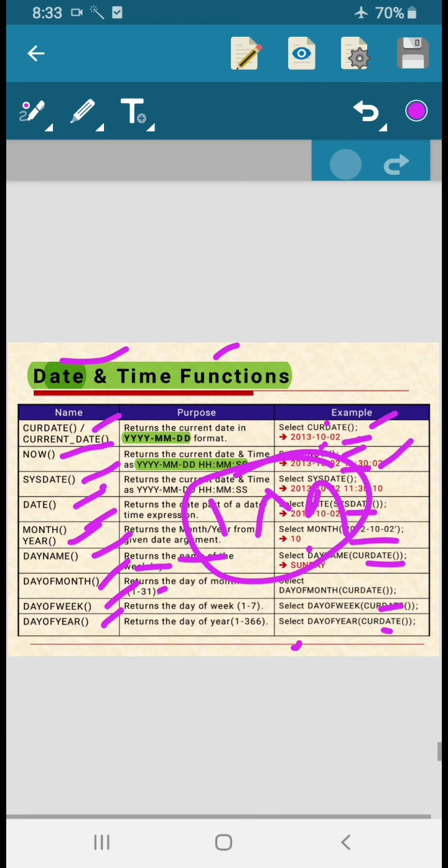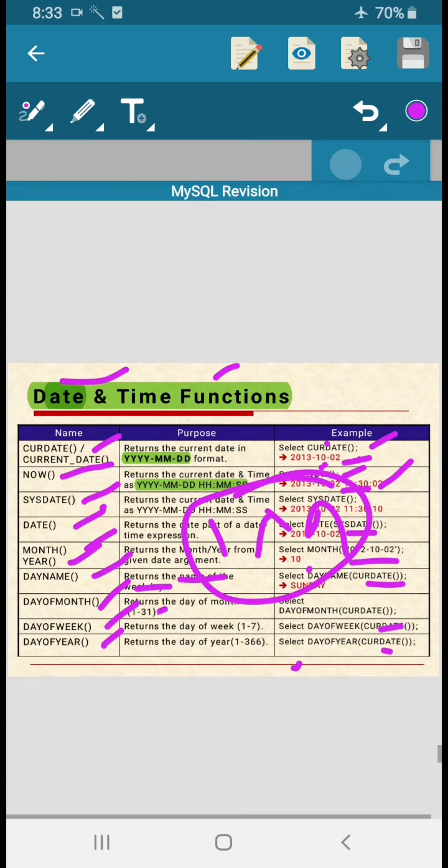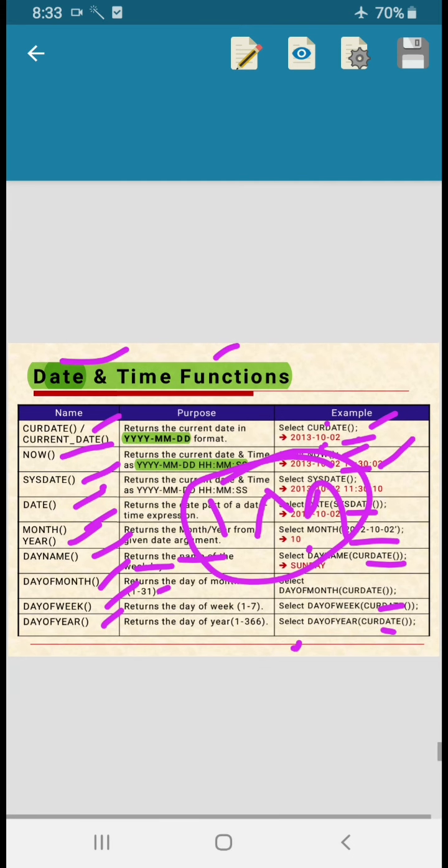These types of functions you'll get in the exam. Definite questions for you in the exam. They'll ask you about all these functions. Functions are very important for identifying errors, rewriting the queries, and writing the outputs. So these types of questions you'll get as 1 mark, 2 mark questions, definitely.